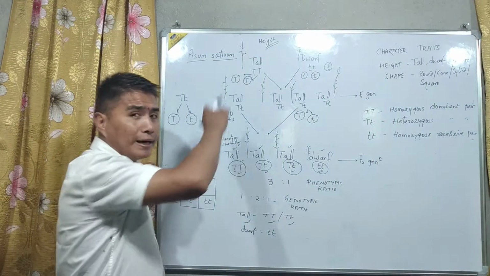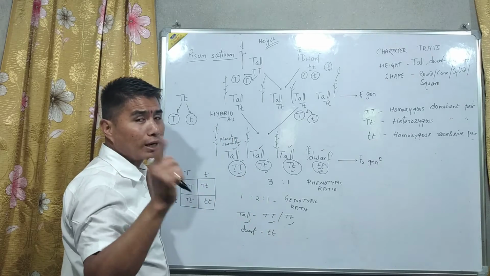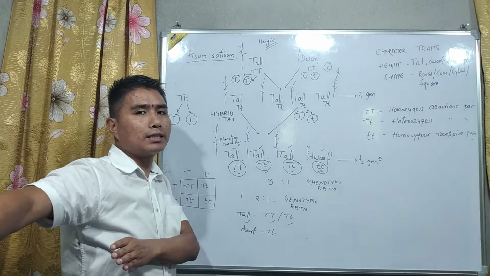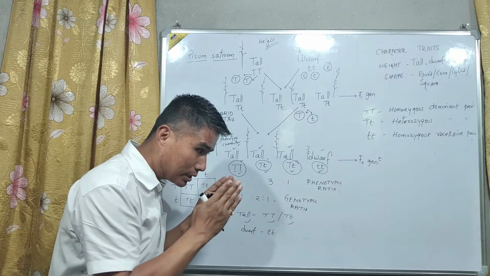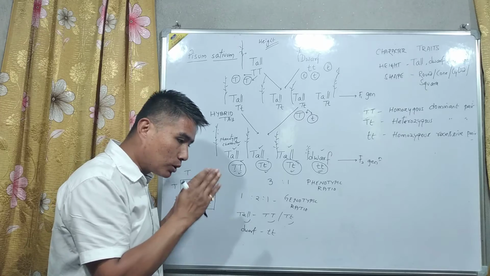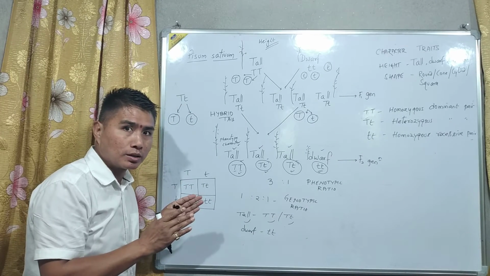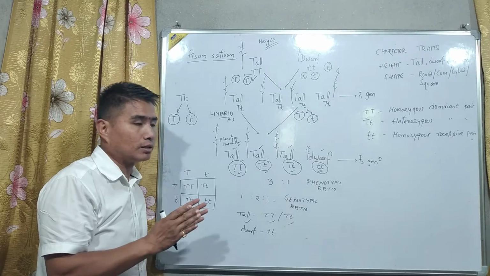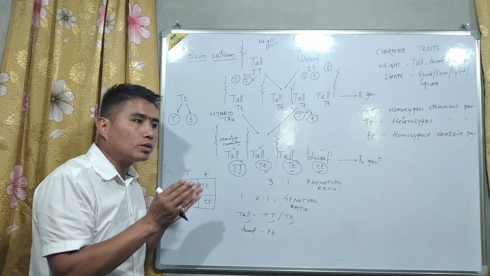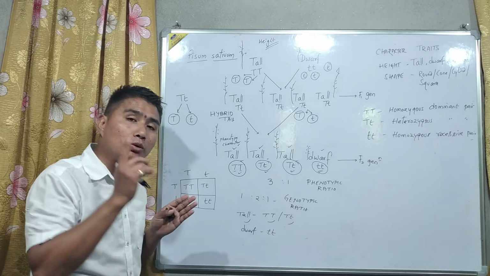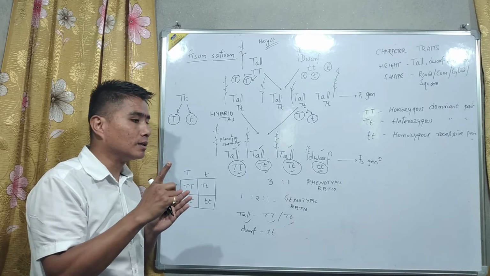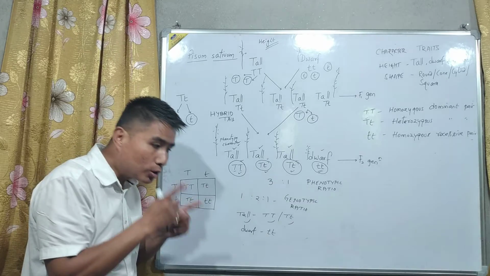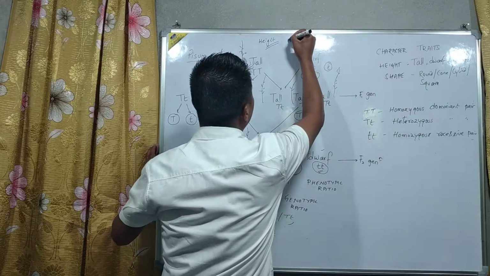Now, Mendel did this experiment by taking only one character into consideration. Rest of the characters were taken as constant. So many characters are there in the pea plant, but only one character was taken into consideration, focused. He was focusing only upon one character, and that is the height. So a cross definition might come in section A. A cross done by taking only one character into consideration is known as monohybrid cross.